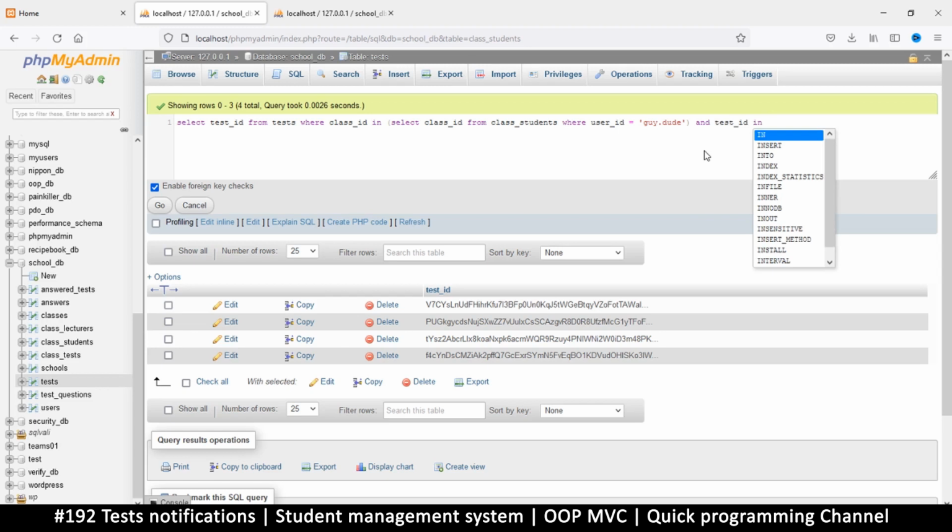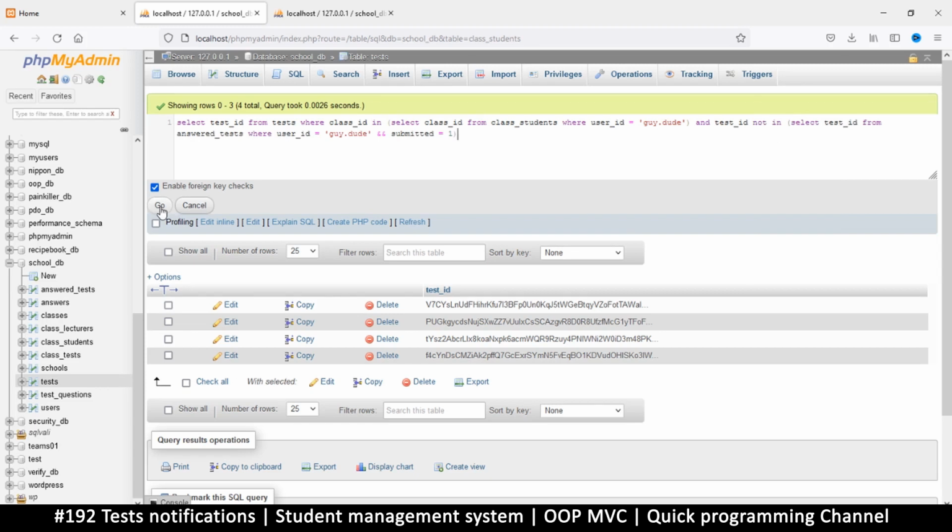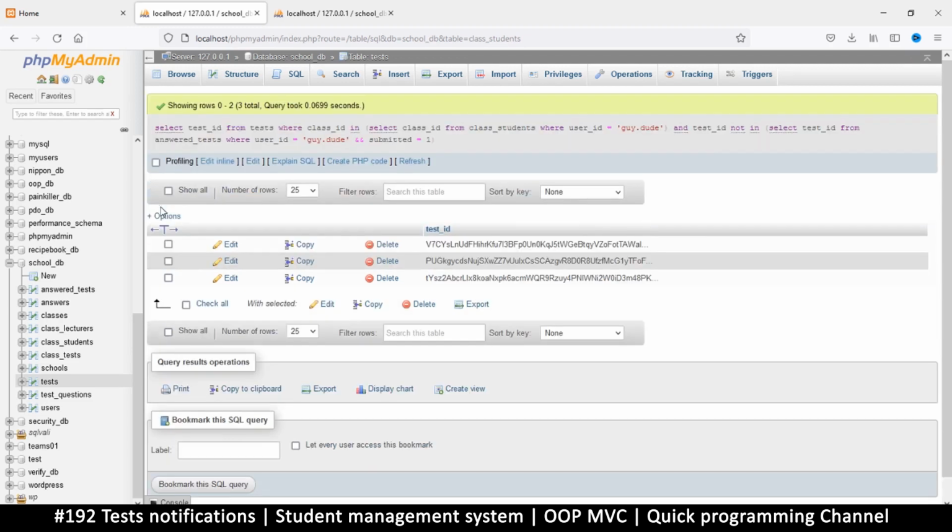So we can put not at the beginning and then put our other query in brackets like so. So let's test the theory here. Go. Alrighty then, so we get 3 results, which is good,